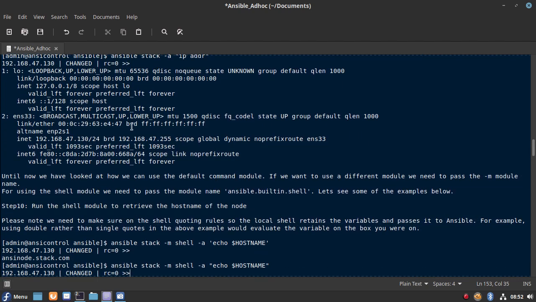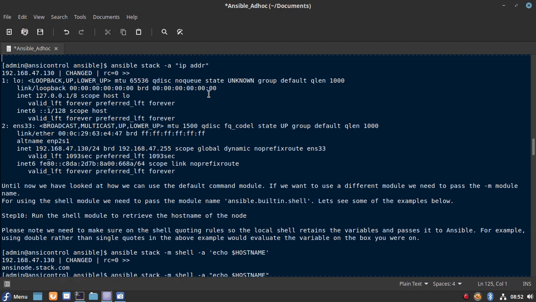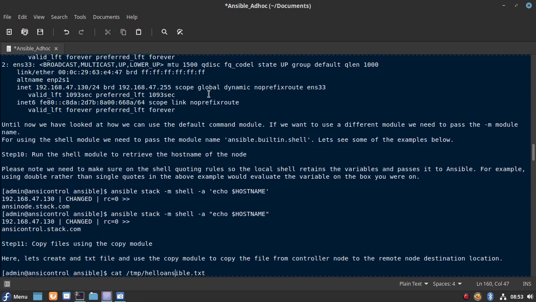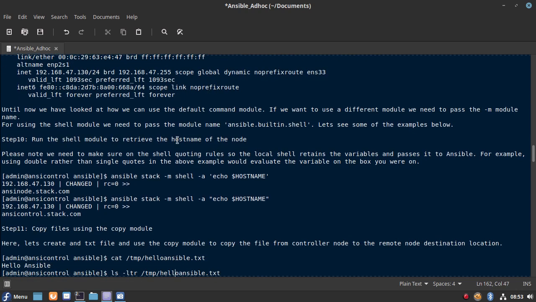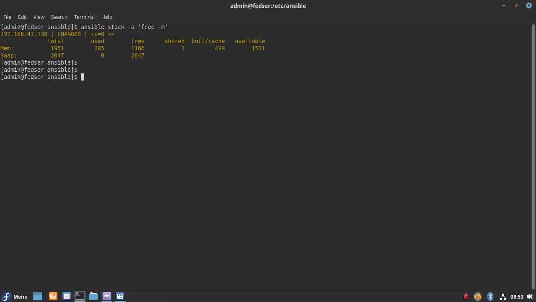Most of the examples which I have shown you were executed against the default command module. So let's see the other modules which we can use with the Ansible tool. As you can see, this is another module called shell, which we can use to execute commands. Let me show you by executing one example.